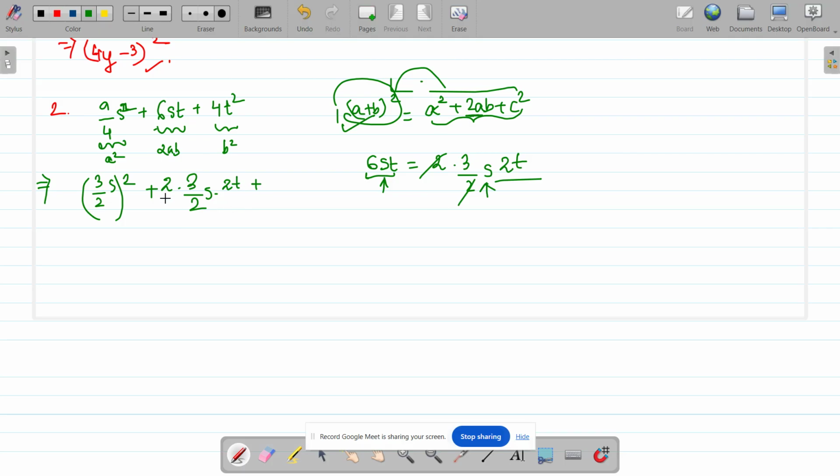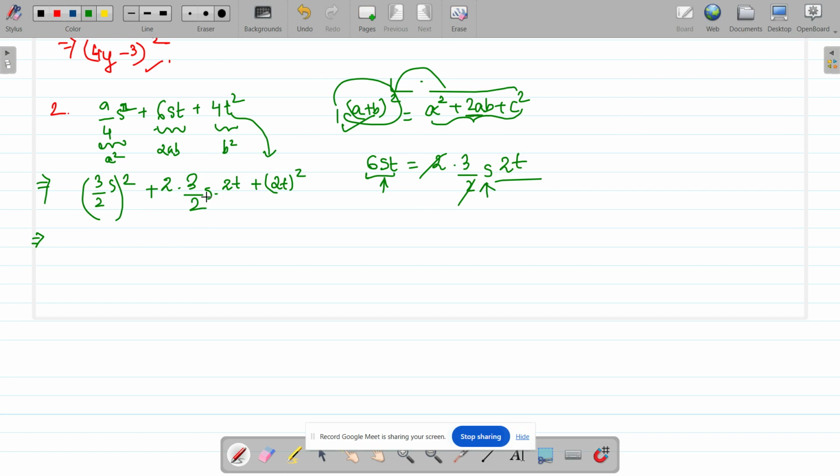Yes. Now we will get 2a into b. We have got all the values, that is a and b and 2ab. So here we can write the value of 4t square. What can we write 4t square as? We can write (2t) whole square. No, we cannot write... see, from this we can also see the square of 2t is 4t square, right? And here, yes, we can write (2t) whole square.